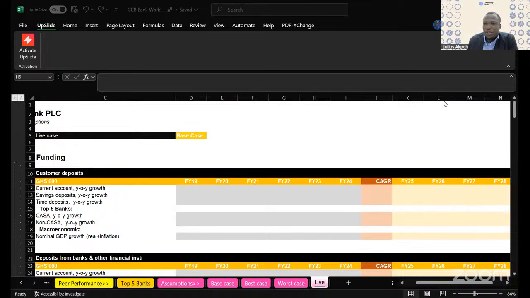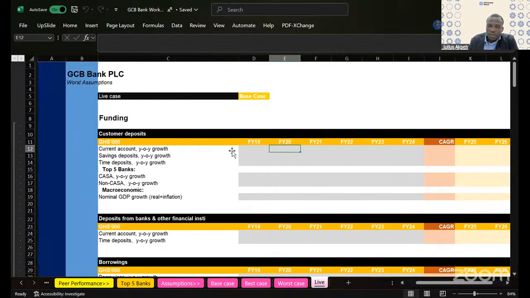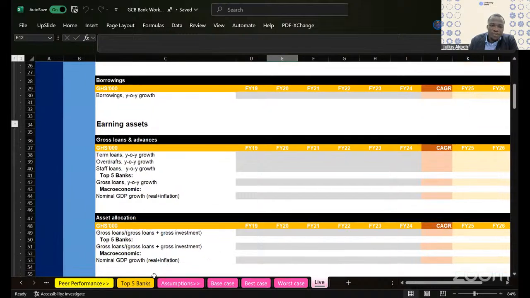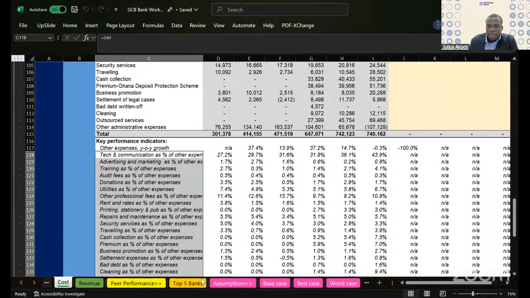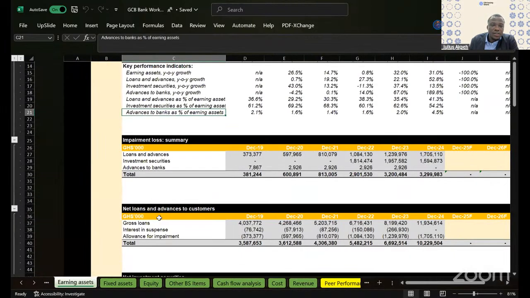There have been some new changes in that one. Let me just close this. Collapse this. Okay. All right. So let me just highlight a few changes that I've made in this particular workbook. When you go to the assumptions sheet, and then to earning assets, that's the first one, you will